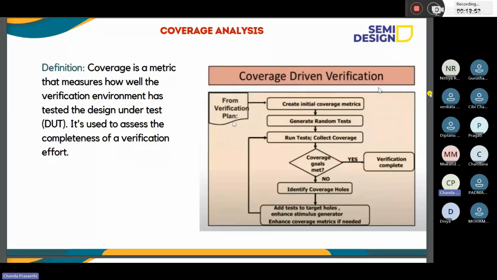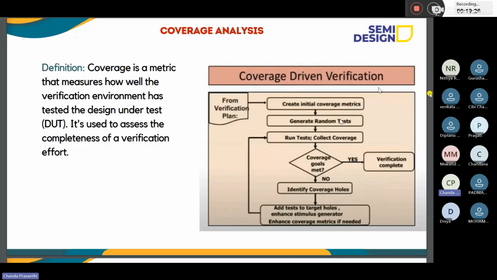So we need to make some points on the usage of that particular test case, and also some test ID. If we go to industry, there will be test IDs and suite names. There are different types of names. That is what a verification plan is. After the verification plan, we create the initial coverage metrics. That means we create some bins to hit the coverage, bins to hit the test case.